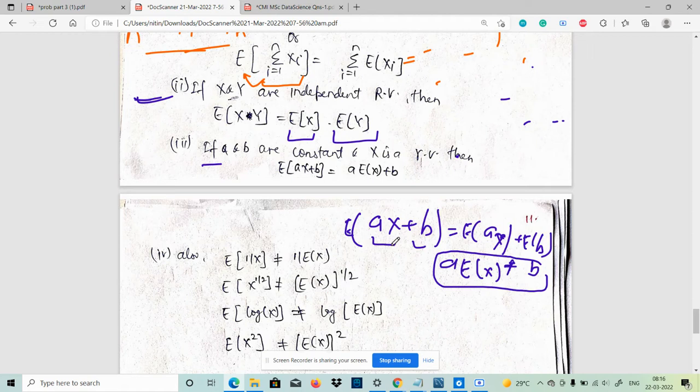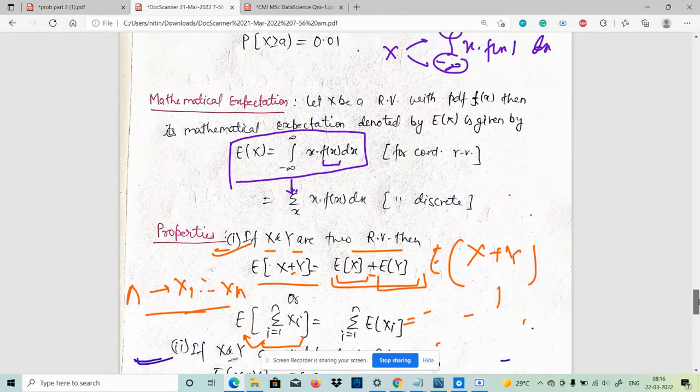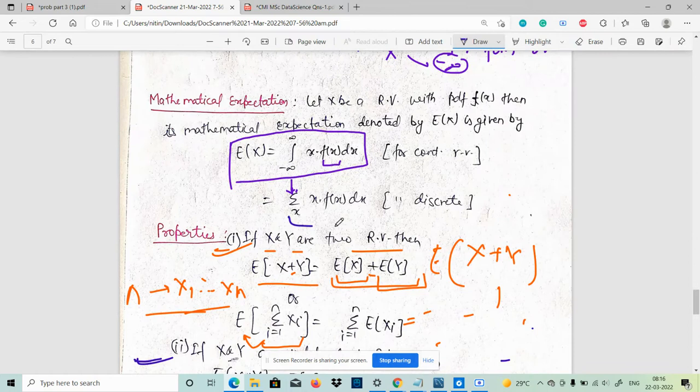So whatever constant you get, just try to put it outside of the expectation, and then separate the constant out. So these are three important properties of mathematical expectation that you should know. Obviously the overall formula is to use this particular thing to find the expectation. In general, if you want to find the expectation of X square or the expectation of X cube, it's a similar thing: you just need to put a square or a cube here, whatever you want to find. Okay, the same thing is going to work.